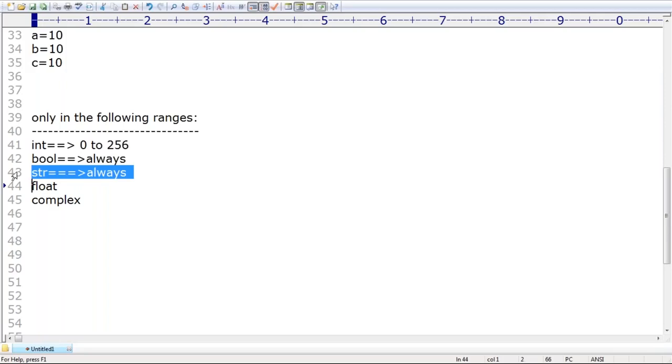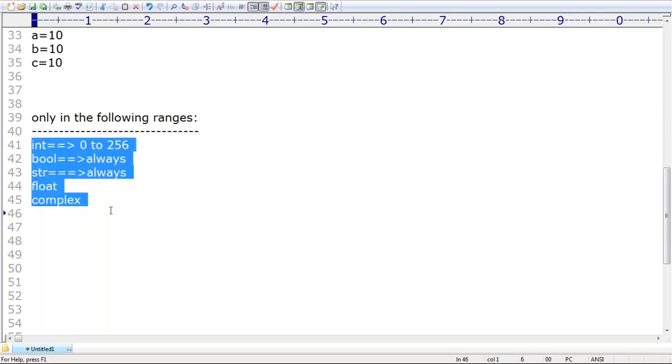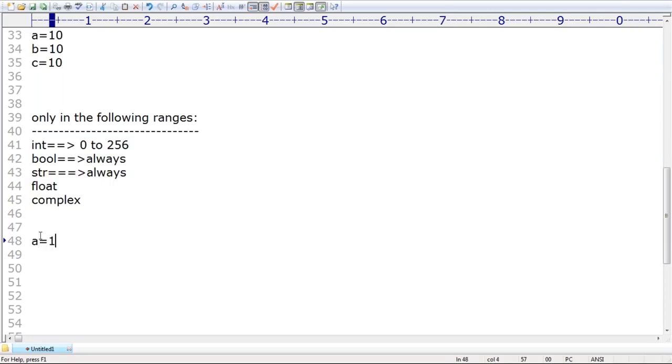Now my question is, why only these ranges? Why did the Python people restrict only to these ranges? Anyone having this doubt, please respond. Even for 1000, if I create A equal to 1000 and B equal to 1000,